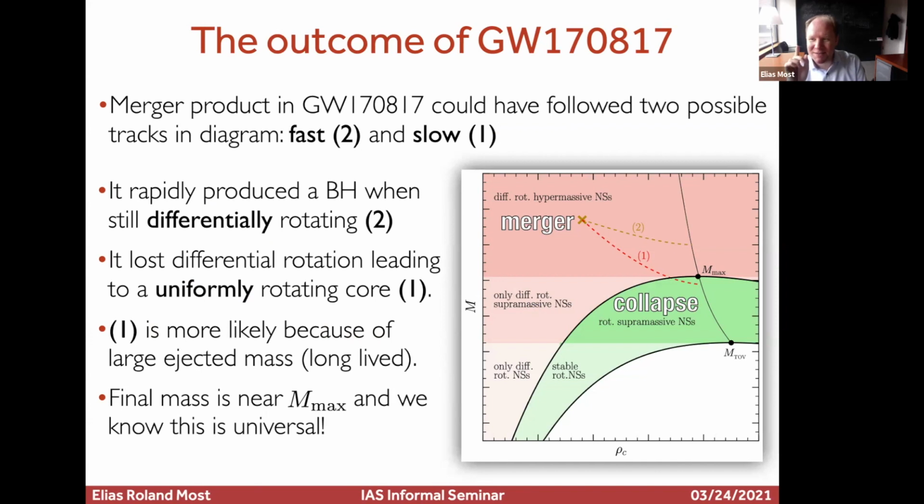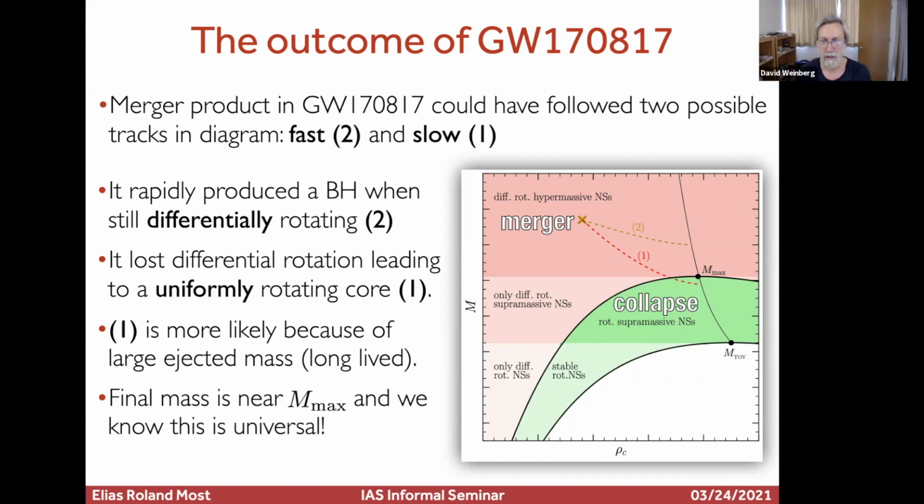So the interesting thing is they do give different rho C for the same M. In this diagram, in absolute terms, this upper line is moving up or down, and it's also moving left or right. But the interesting property is that the ratio of M max to MTOV is pretty much insensitive to the equation of state. That's a property of GR. It's not a property of nuclear matter, or at least within the error ranges of nuclear matter, this is roughly a constant. And this is where the whole thing relies, because you say that M max is always 20% more than MTOV, or about 20%. So as soon as you get M max, you know what MTOV is, independent of the equation of state.